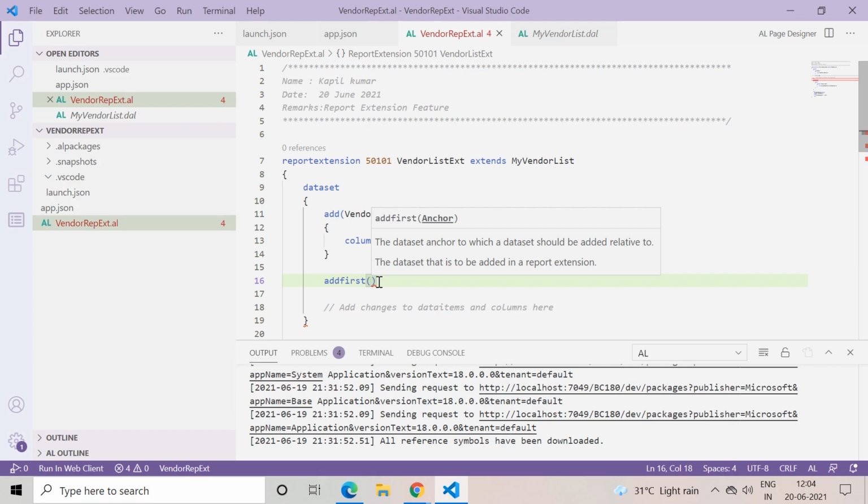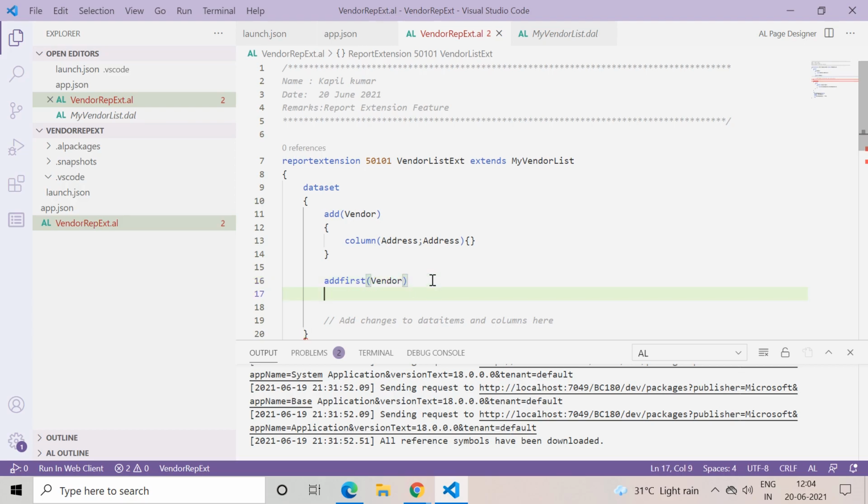Relative to means the new data item which I want to add should be related to my original data item, which is vendor. Okay, so that is why I suggest here that I want to add the new data item against my parent data item vendor.